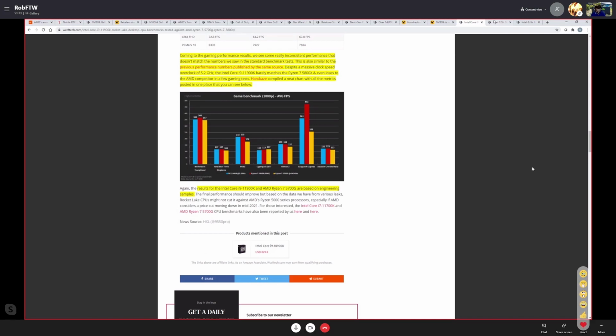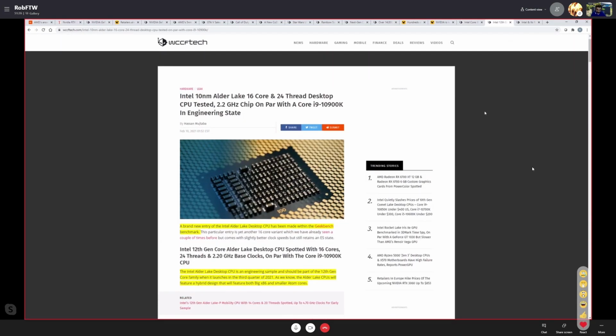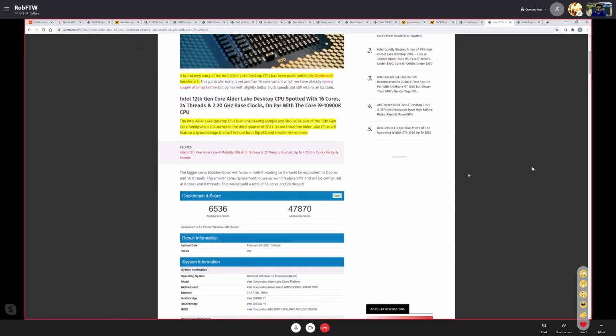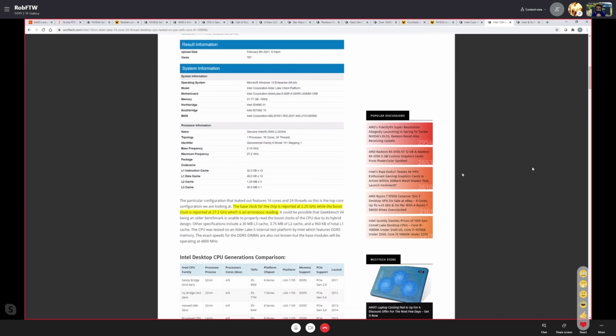Next Intel topic. The last two topics are Intel, which is Alder Lake. Alder Lake, a 16 core and 24 thread desktop CPU, tested. Basically a 2.2 gigahertz chip on par with a 10900K in engineering state. A brand new entry came out in Geekbench. It's an Alder Lake engineering sample, and it scored 6536 in single core and 47,870 in multi-core. The base clock for this chip is 2.2 gigahertz, while the boost clock it says is